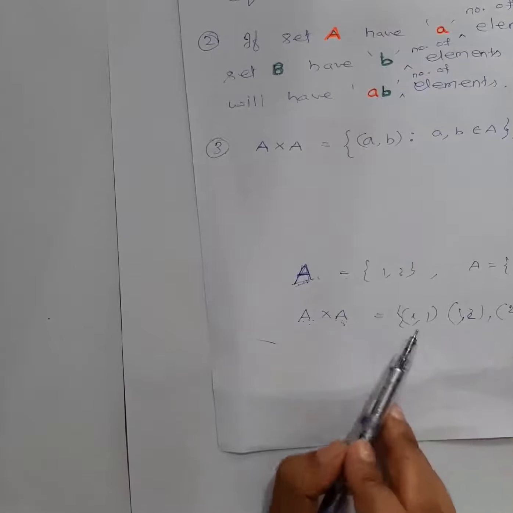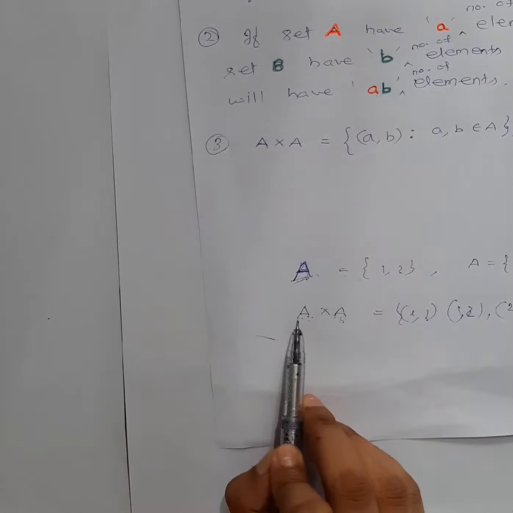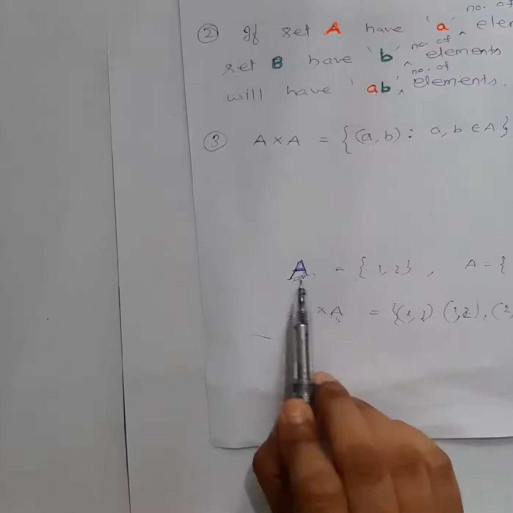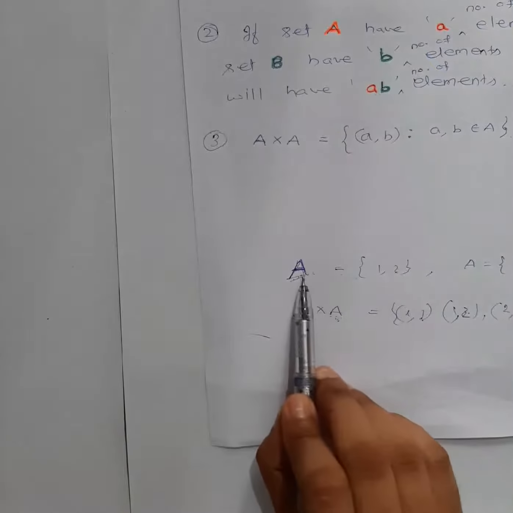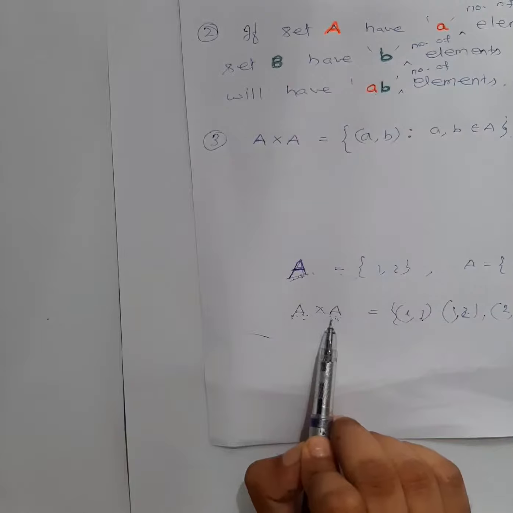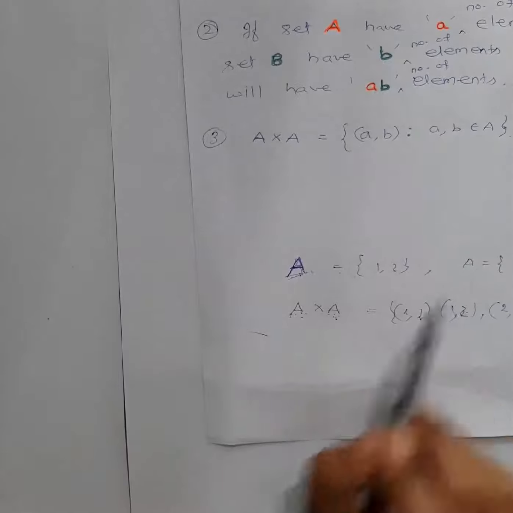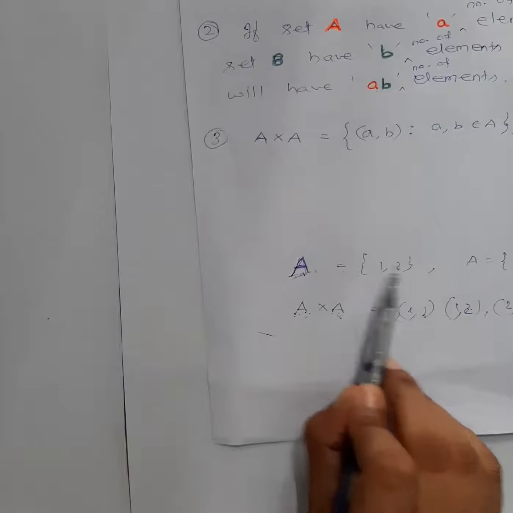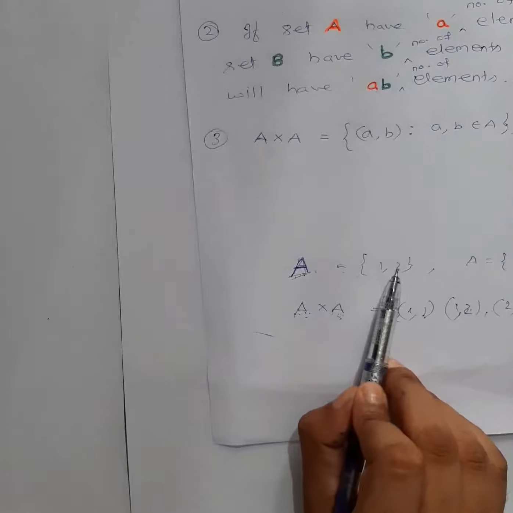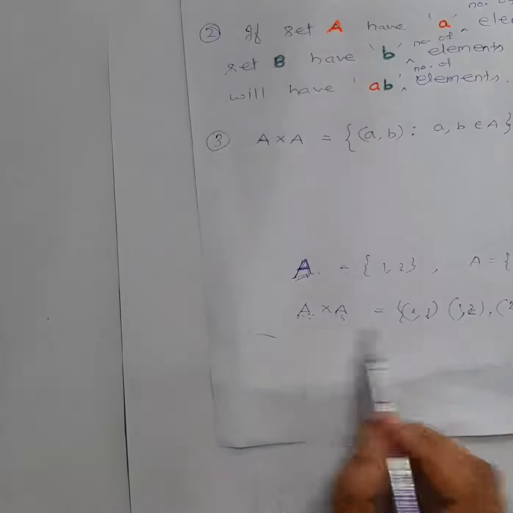Now you might be thinking that this second element is from this set also. Why have I written the second element also from this set? Because you know that when I write a Cartesian product, we first take an element from this set, then the second we take from this set, right? So I have done that only. Suppose this set is this one, so I have taken from here: 1 1, that is one pair, 1 2, another pair. Next I am taking from here only: 2 1, 2 2. So this is how you can make it.